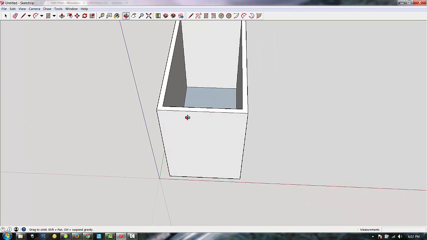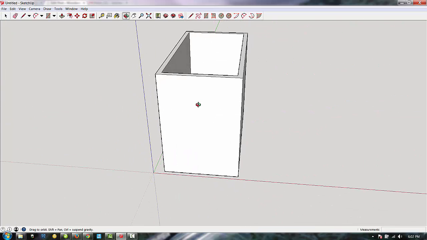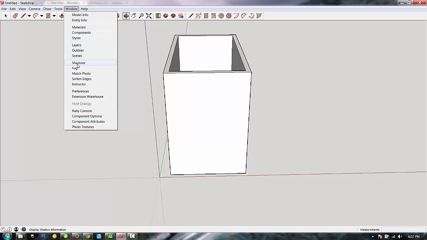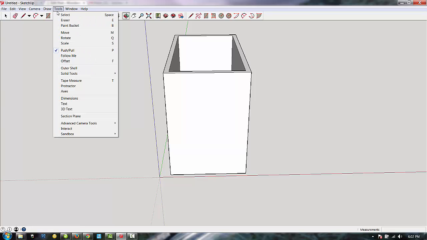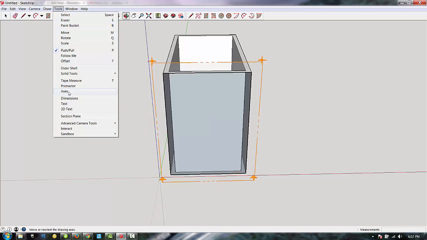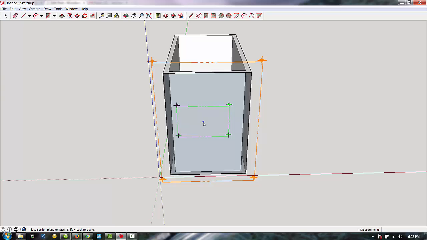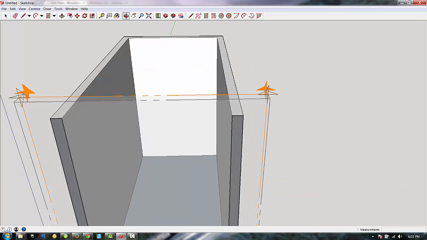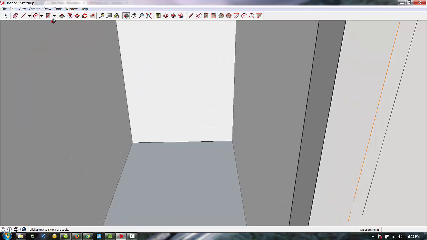And to make this easier to work with, because we just have a closed box, I'm going to go ahead and use our section plane. So I go to Tools, and I believe this is a new version of SketchUp. I believe the section plane tool might be visible, but we'll go ahead and do it through the Tools menu. And we'll select that and do it one more time. And I'm just clicking on the plane that I wish to get rid of. Okay, so now we have our room with an open end,